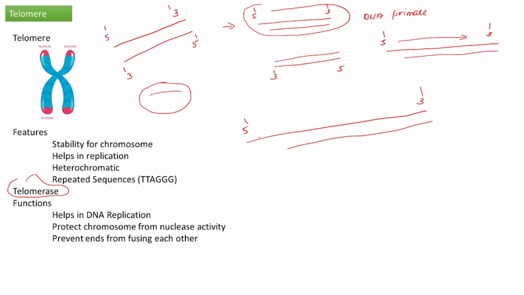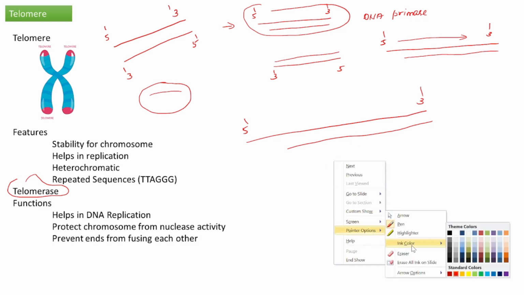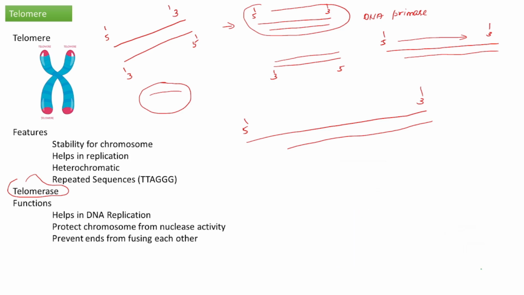Okay, next what is going to happen, I am going to draw and explain to you. For that, I am going to take another ink color. That enzyme, telomerase enzyme with its RNA, comes and binds this long parent strand here. This is the RNA present in the telomerase enzyme, and it starts to extend this long strand further by adding nucleotides complementary to this RNA, and in that way it extends.